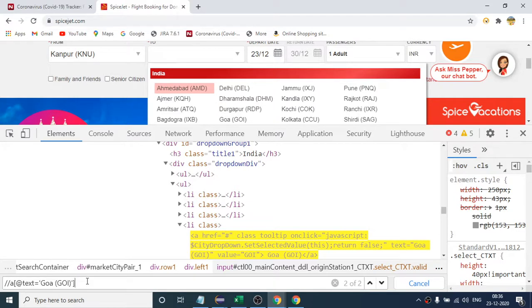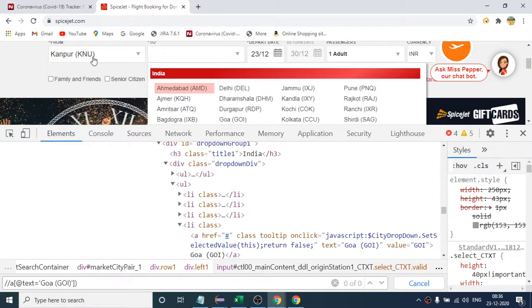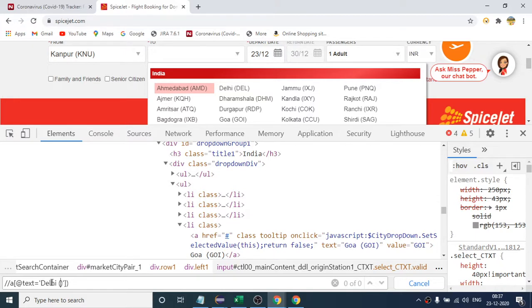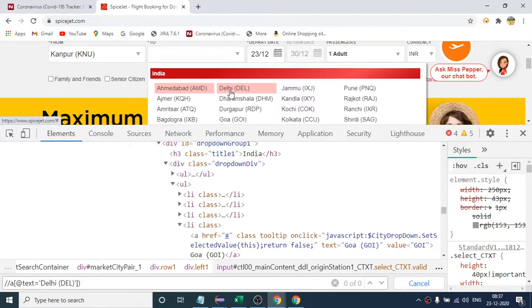So better to write it like this. It means in both drop downs, the same city will be available. If you write any city name, suppose Delhi, again Delhi is coming from this as well once I load it. But if I write Kanpur, Kanpur will not be present here because you cannot travel from Kanpur to Kanpur. Suppose I write for Delhi, DELHI, and after that DEL. So it is correct. Let us check Delhi space DEL.